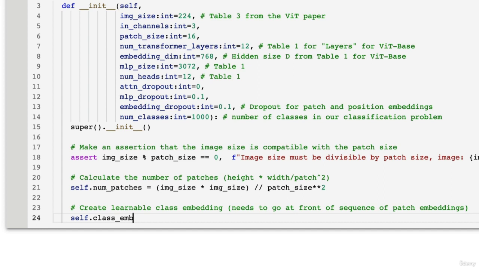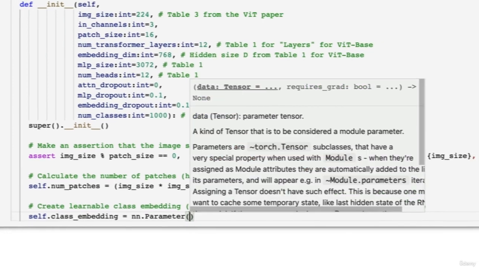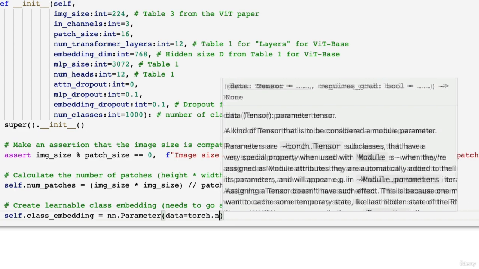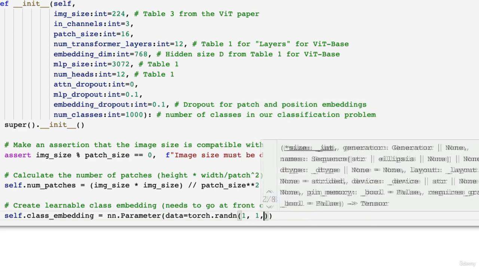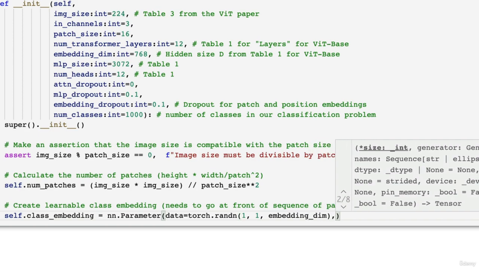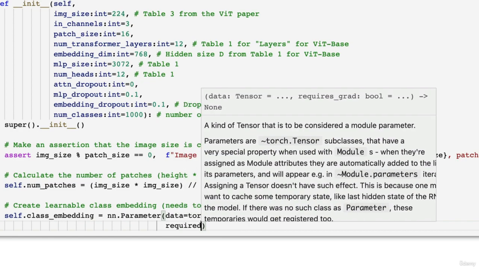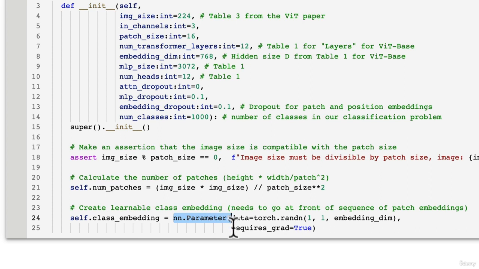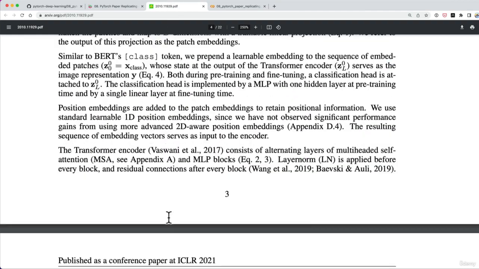So we've seen this in equation 1. So self.class_embedding can be, this is actually a learnable token. And then we'll go data equals torch.randn. Remember how we created it with ones to begin with? Well, now we're creating it with random. Initialize it as a random number and then optimize it using gradient descent. And then finally, we'll set requires_grad equals True. This is the default parameter for nn.Parameter, but we're just setting it so that we can see it and for completeness. So the class embedding is going to have a shape of 1, 1, embedding_dim,